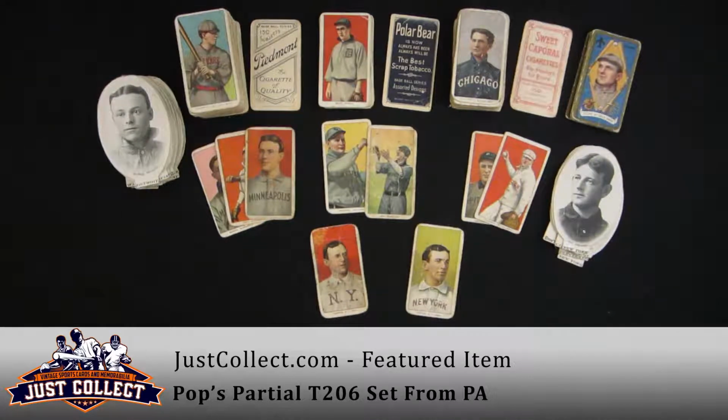Today we have a collection that was brought to us recently from a collector who isn't really a collector. He found a box of cards in his father's office about 8-10 years ago, asked his father if he could keep them, and his father said yes. He's kept them, done some research on them, and finally contacted us as he decided he wanted to turn his collection